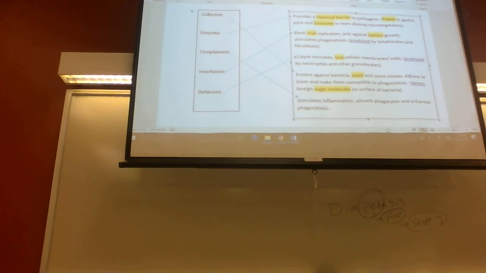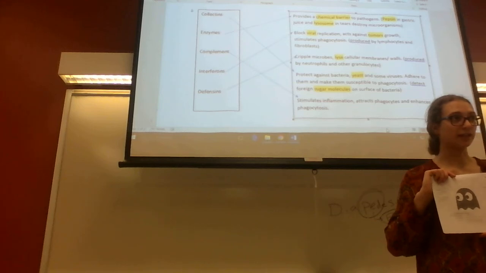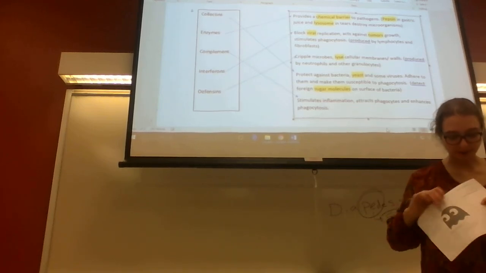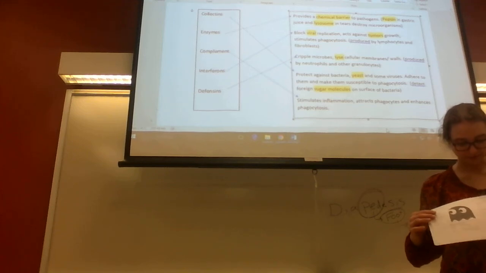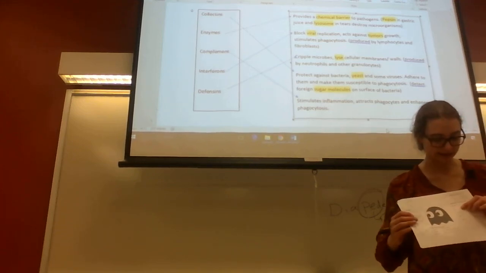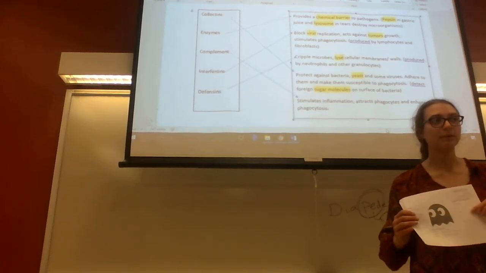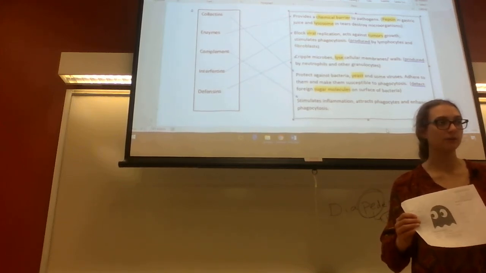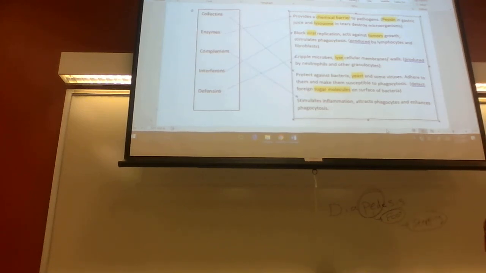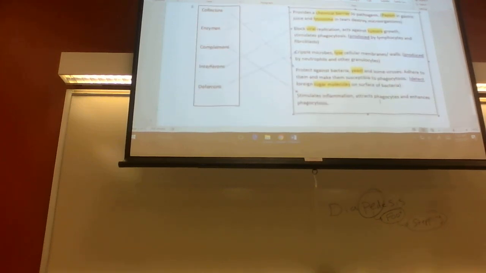Lastly, we have complement. And if you look at this, Pac-Man ghost getting destroyed by lightning. We'll talk about different forms of complement enzymes, such as agglutination, lysis, opsonization. There's quite a bit, but hopefully this is breaking down what complement does. Complement is a chemical barrier, a chemical defense. Okay, good. Chemical barrier. And that concludes all of number 3.